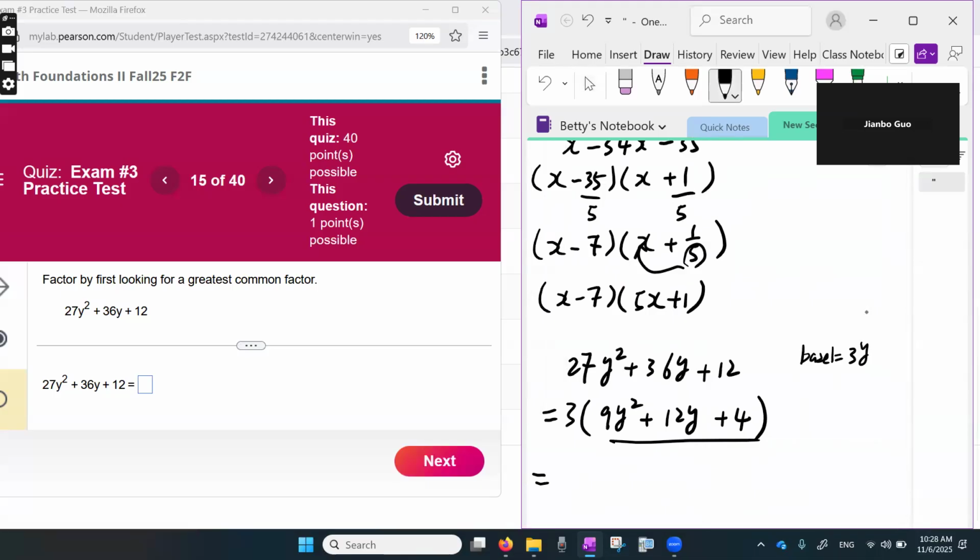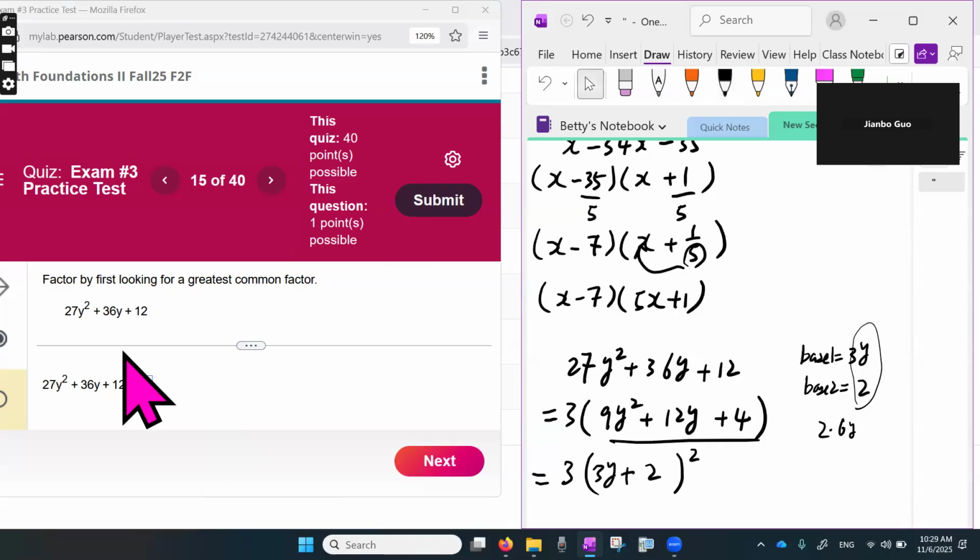3y times 3y is 9y squared. And the last term is 4, which is 2 squared. So the second base is 2. Multiply them together, 3y times 2 is 6y. Double it is 12y. So it's in the middle. So it is a perfect square trinomial. So the result is going to be a square binomial sum, 3y plus 2. Okay? So the answer is going to be 3 times 3y plus 2 to the power of